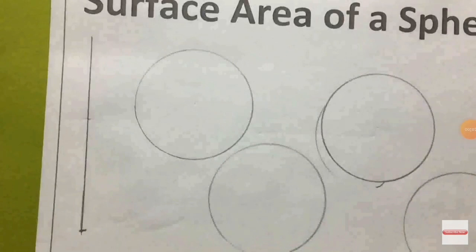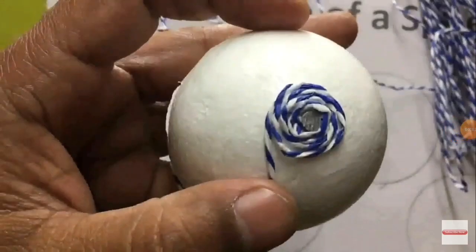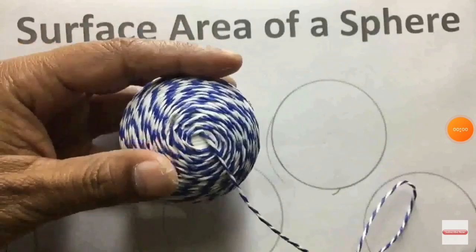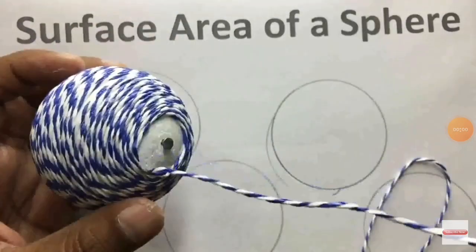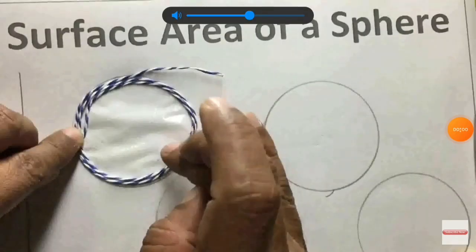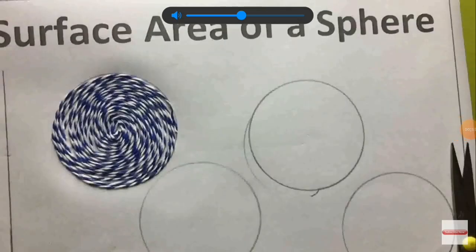With this radius, draw 4 circles on the sheet of paper. Now take a string and wind it around the ball so that it completely covers the surface of the ball. It should completely cover the surface of the ball. Like this. Now slowly unwind the string from the surface of the ball. Now start filling the circles one by one with the string we had wound around the ball. Continue this process till we have used the entire string.